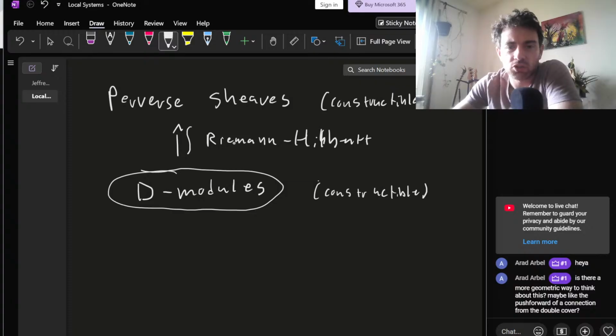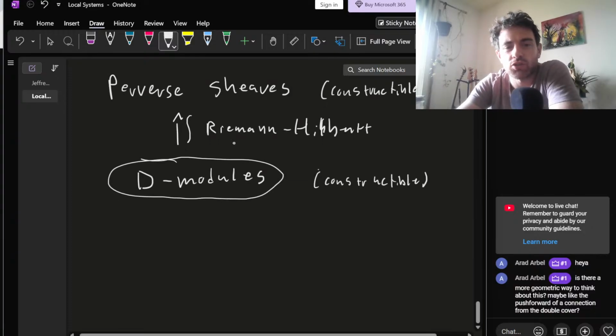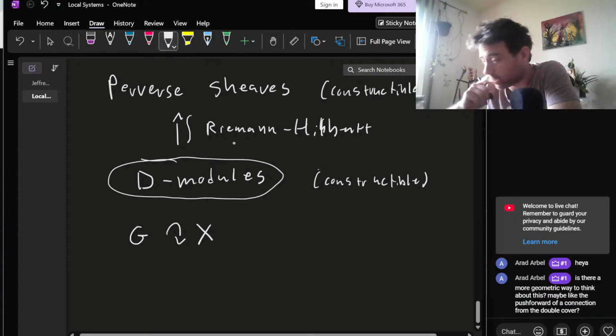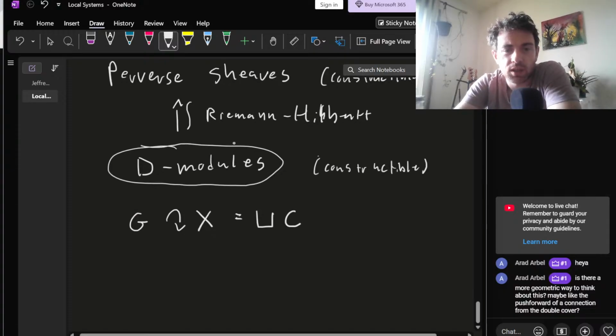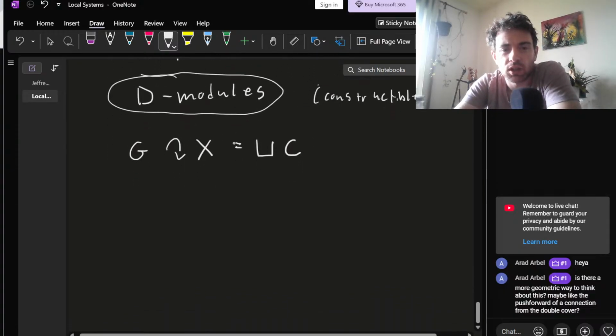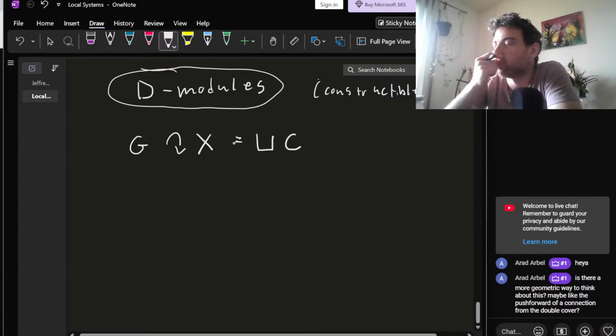Same with the D modules. In fact, it's more than just that they're constructible. It's that they're equivariant. So not only are these D modules and perverse sheaves on some variety, but there's some group action that splits it up into finitely many orbits. And so the thing is, I want to produce